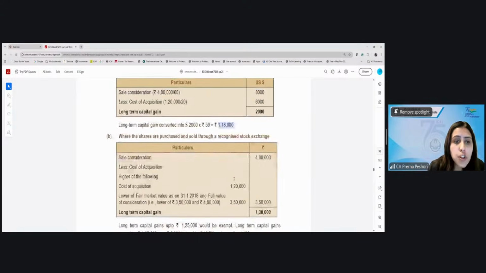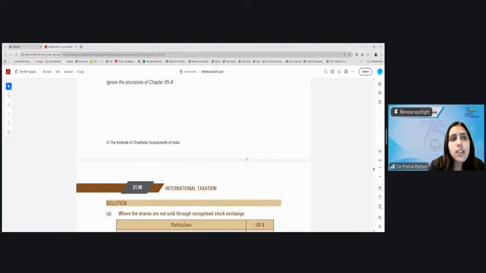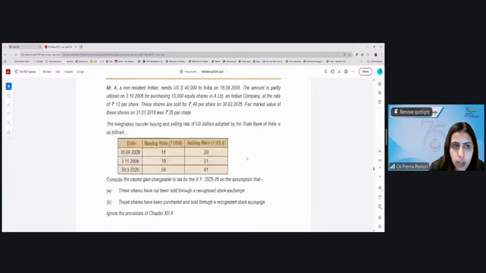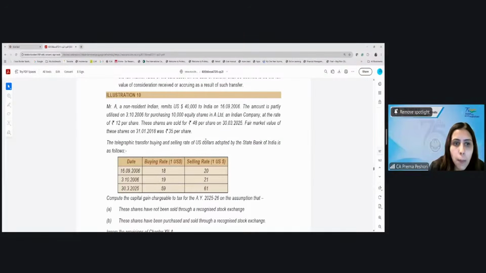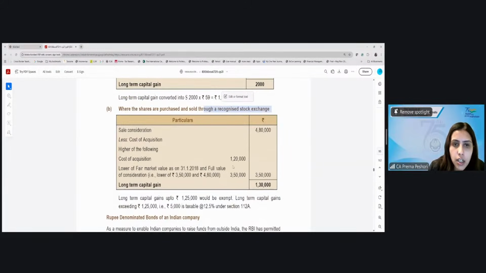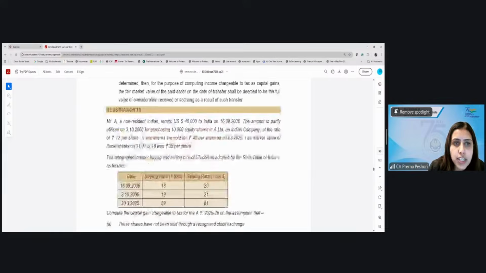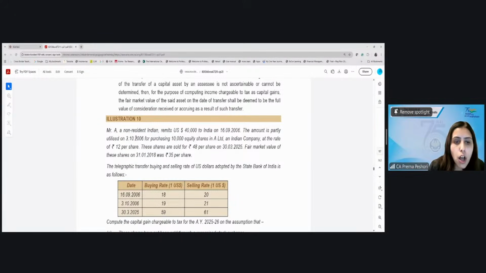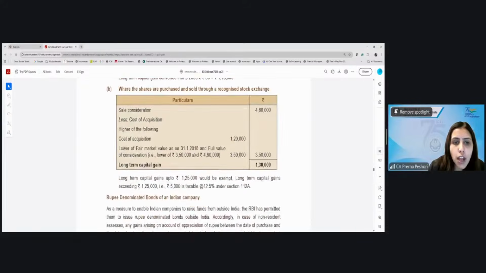Now where the shares are purchased and sold through a recognized stock exchange, then in that case, I will do as per the normal provision because I will not get the benefit of foreign currency fluctuation. Are we getting it? So there I'll do 4,80,000 minus 1,20,000. And here, since the shares are purchased before 2018, I have to take the fair market value of 31st January 2018. So I will compare 35 into 10,000 shares, which is 3,50,000, lower of 3,50,000 and 4,80,000, which is 3,50,000, and